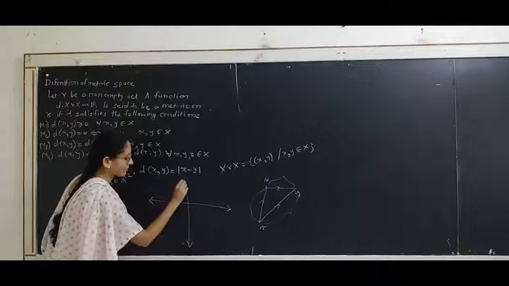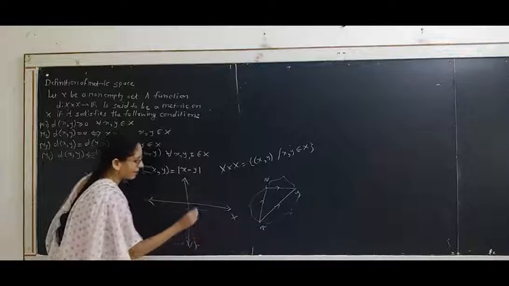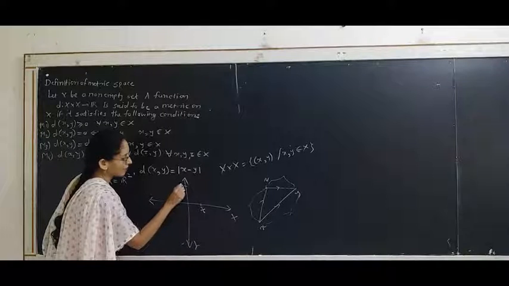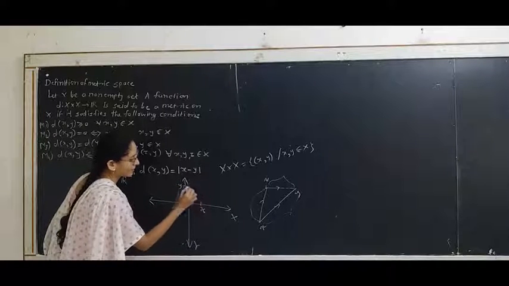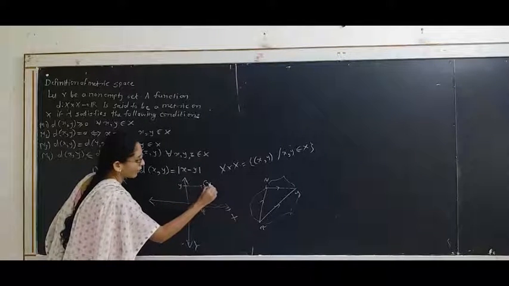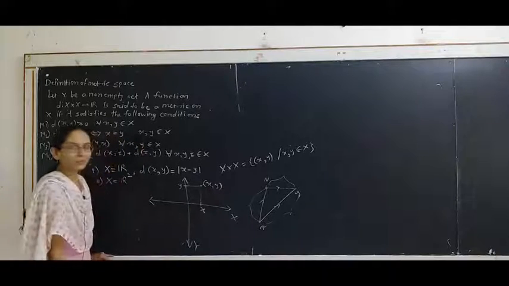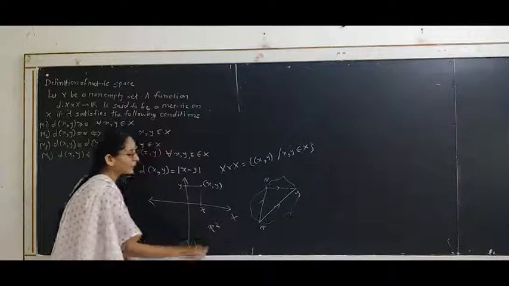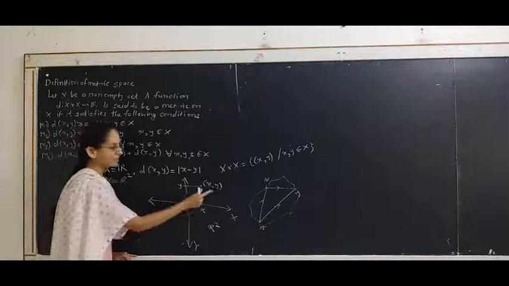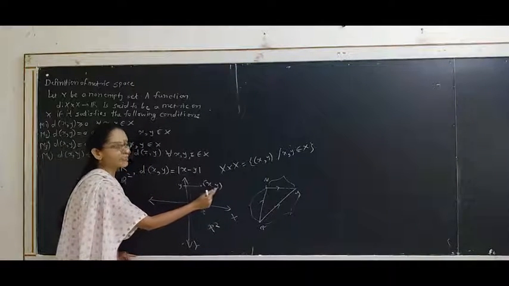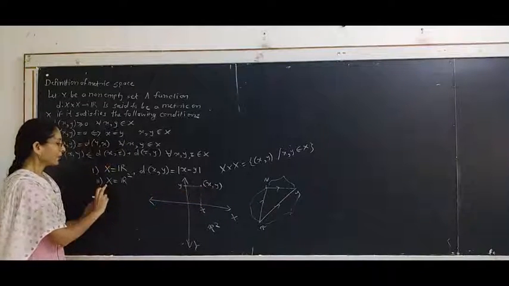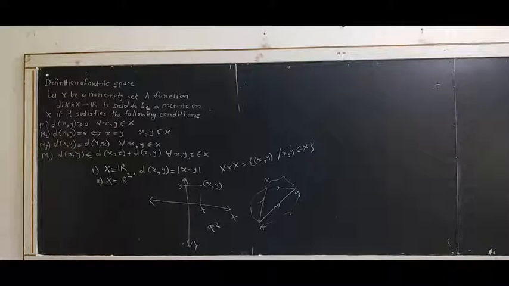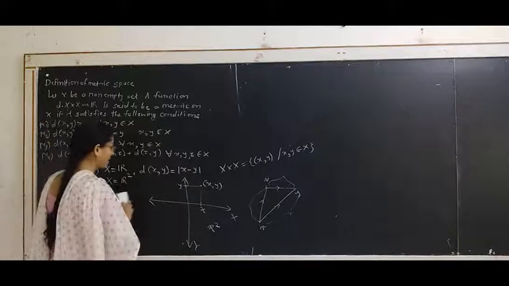This is the x-axis, this is the y-axis, and if this point is x on the x-axis and this is y on the y-axis, then this intersection gives us the ordered pair (x, y). Every point in this plane R2 is of the type of ordered pair (x, y). Take this set X equal to R2 and define a metric on this set by